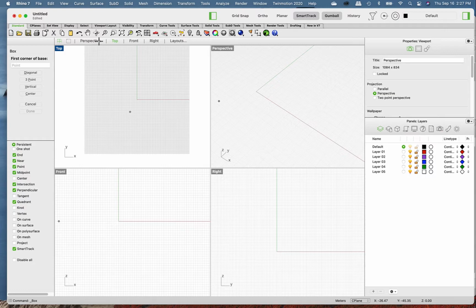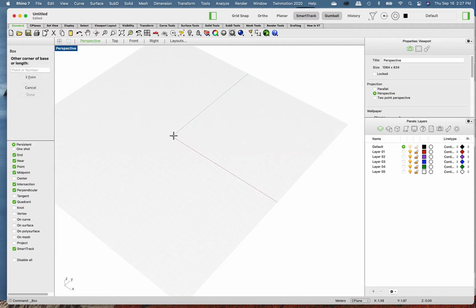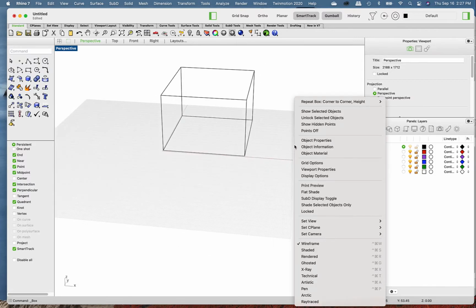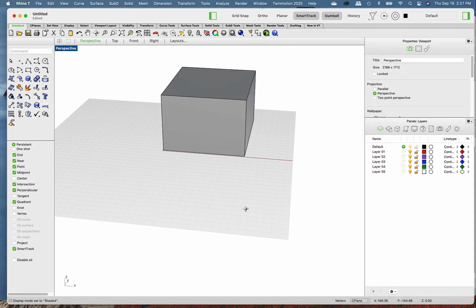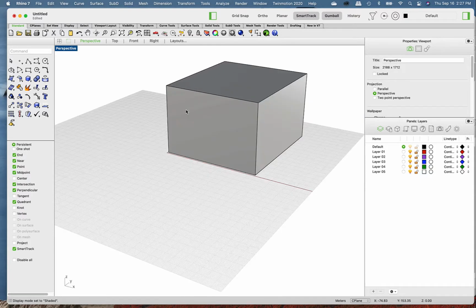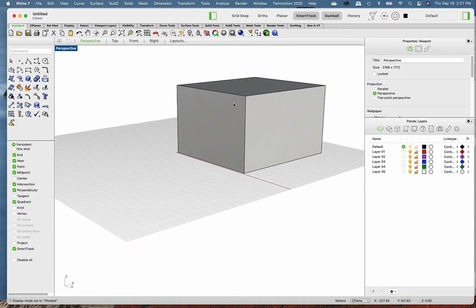So let's say I'm going to draw this in perspective. Let's say I have a box here, so I'm just going to make that box. And I'm putting it on shaded so you can see. So we have a box. And let's say I want to draw a window or maybe a